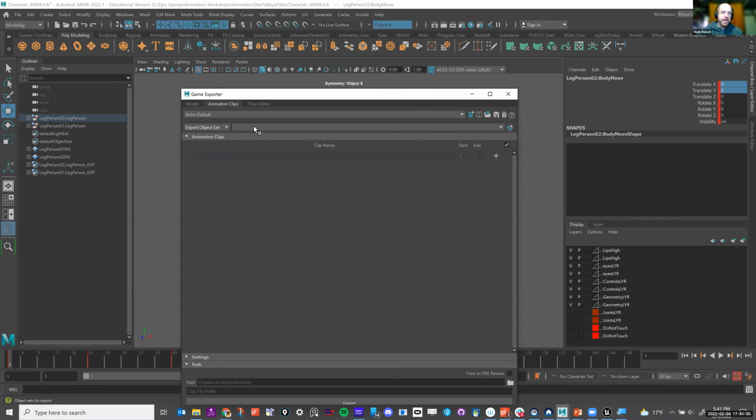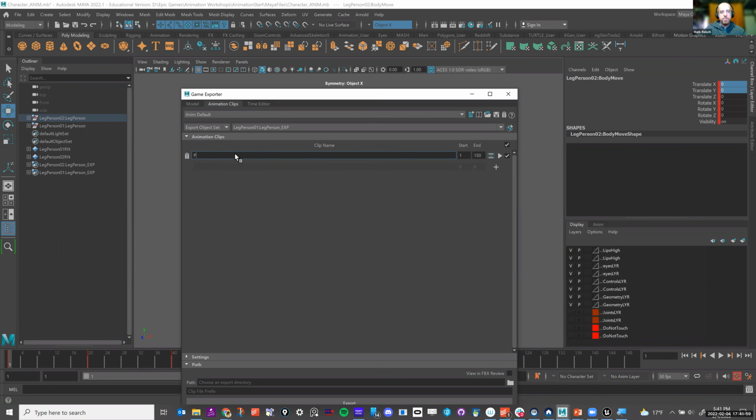If I click on that, there's this down arrow and I'll say, okay, I want to export out person 1. It's going to automatically select this stuff, which is awesome because then I don't even have to worry about it. Then down here under clip name, I need to know what I'm animating. So I'm going to click on that and then I'm just going to name this thing.